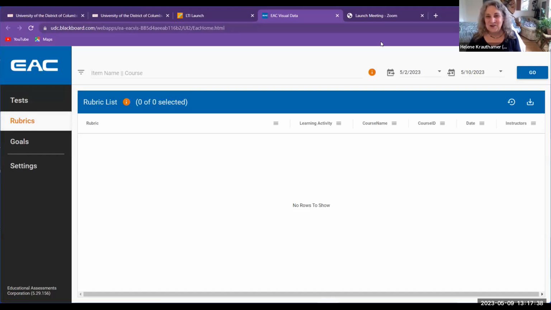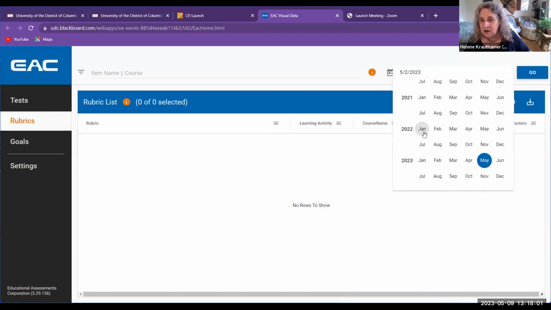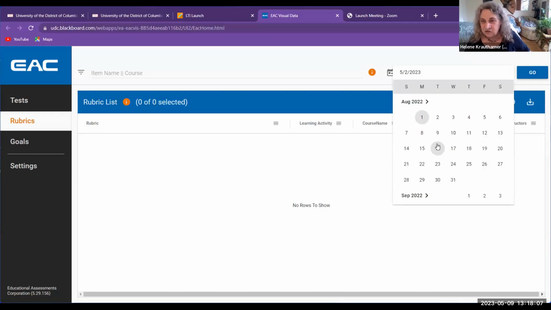The second thing that you want to do, which evaded me for a while because I'm looking like, I have so many rubrics, why aren't they listed here? Where are they? I clicked everywhere. But then I watched one of those videos. And so you need to go into the date area. You see it? It's up here. Again, a little thing, but you do want to pick a date. The date goes back in time. I think the magic date for me was August 2022, because I think that's when I've been using rubrics forever, but I'll just pick August 1st, 2022